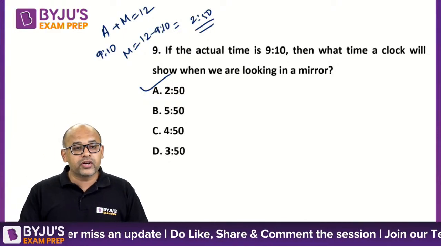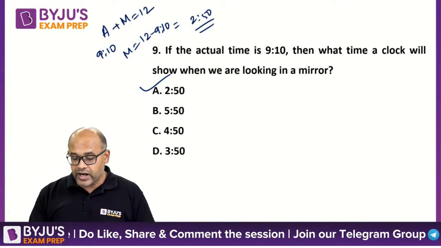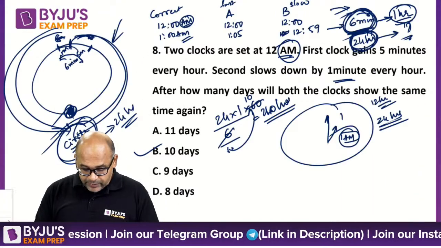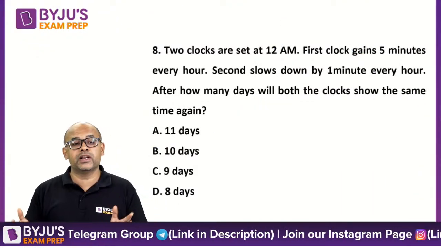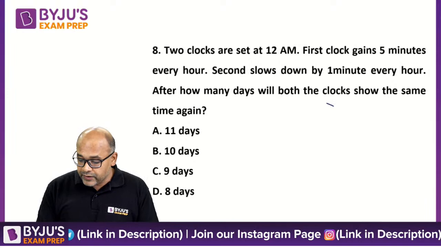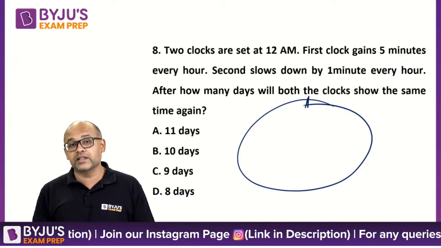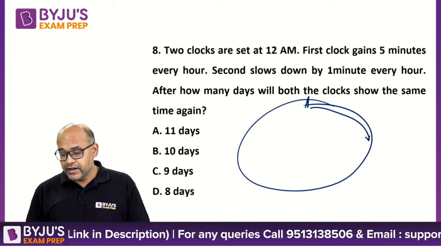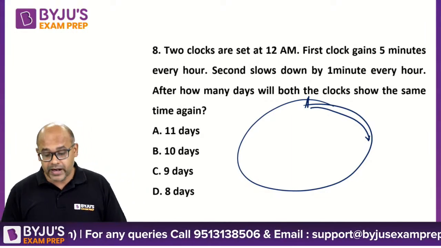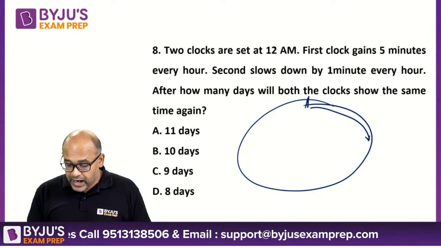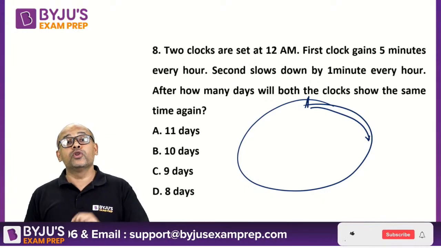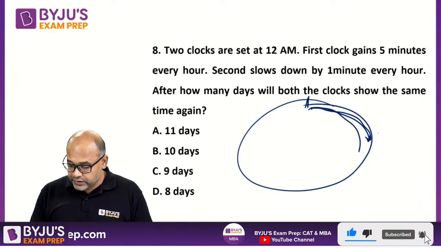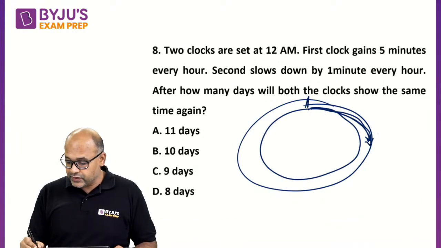Right, so Krishna is asking, both hands move in the same direction. Yes, both of them are moving in the same direction. That is also fine. You can do this question. I wrote this in the opposite direction so that it becomes easy for you to understand. But if both of them are moving in the same direction, then also it doesn't really matter. This basically is covering, let's say, 5 minutes per hour. And the other one is moving slower. So basically what is happening? This is 5 minutes. So this covered one full circle and came here.